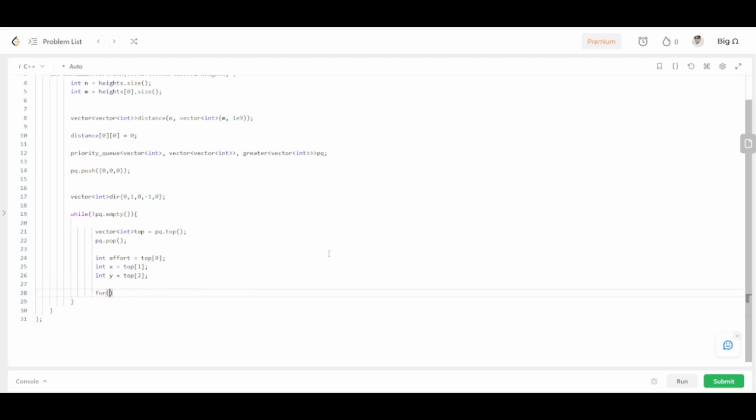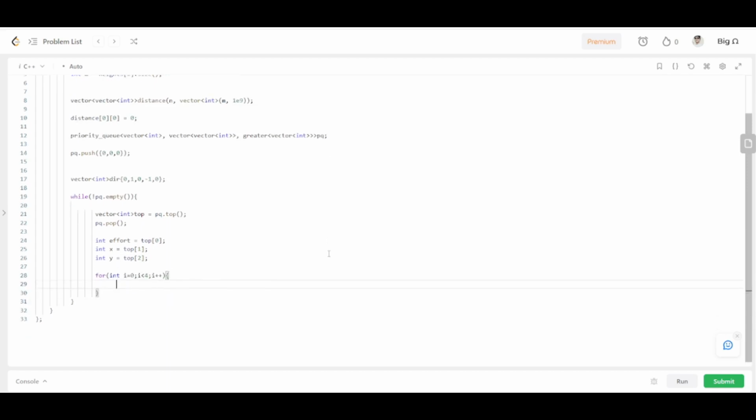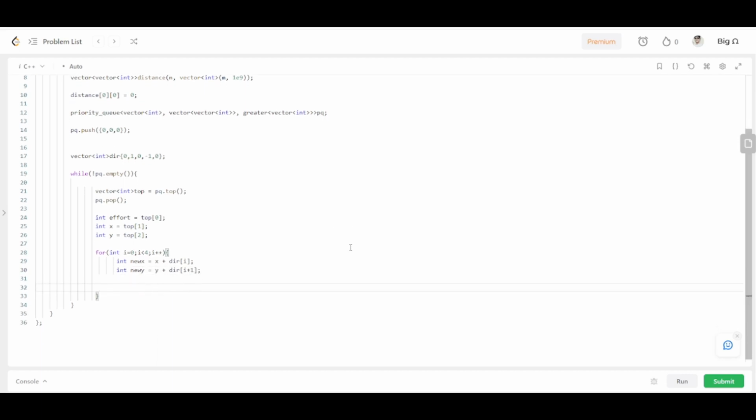Iterate over the adjacent directions, and for the current direction, that is x, y, move to the new row or new x, that would be x plus dir[i], new y, that would be y plus dir[i+1],